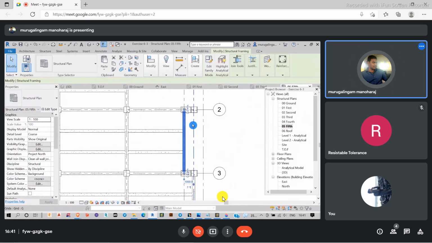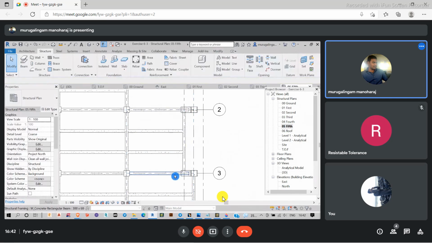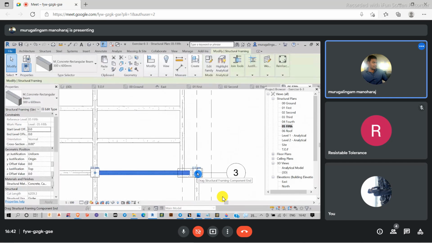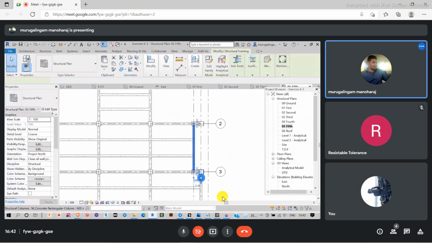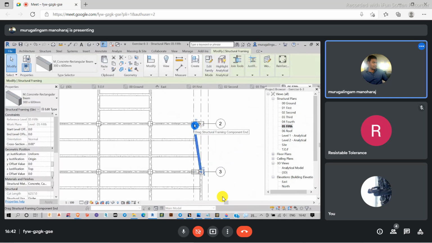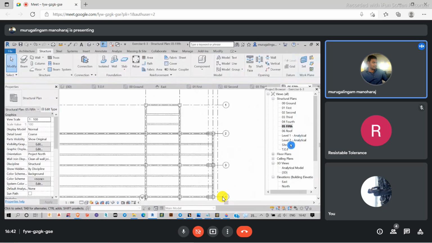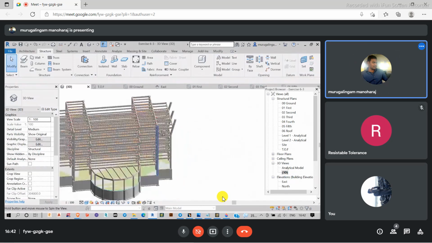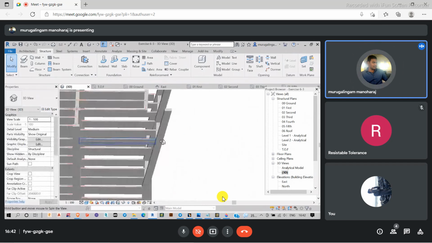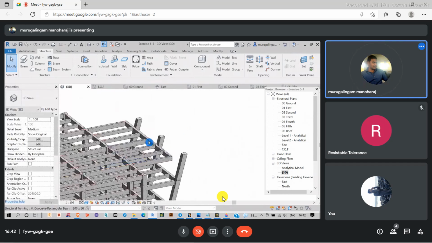Same way I have to do it here also. Now it looks okay on the floor. Again, I have to change the whole system. I think it's okay here, but I still need to do some changes here.